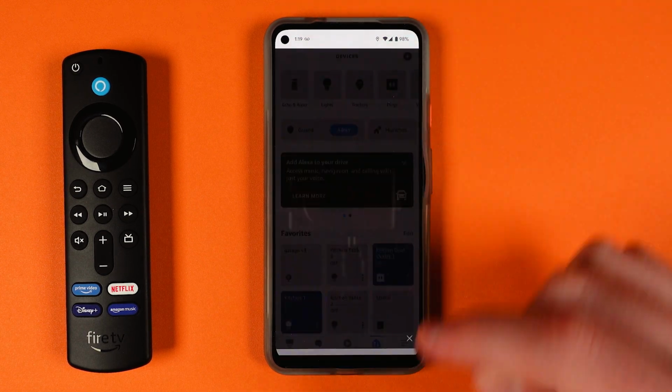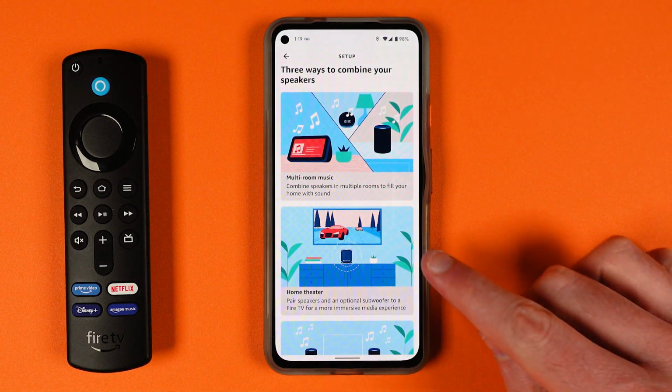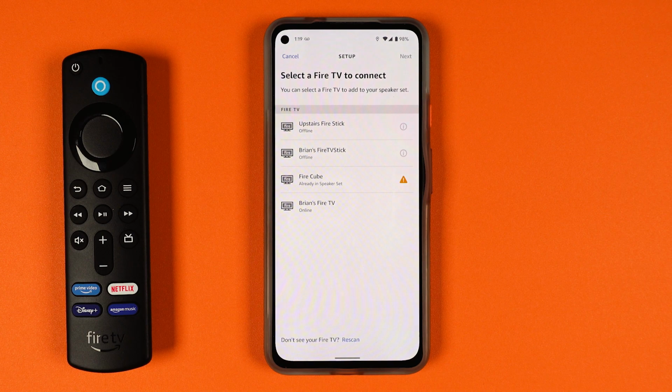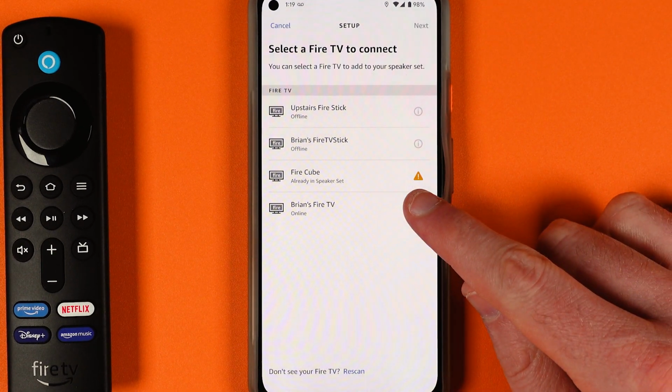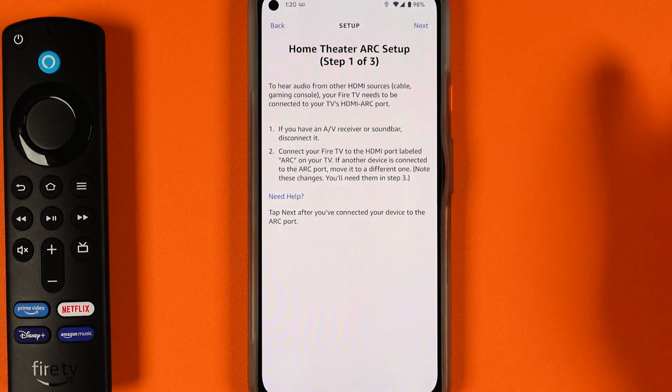Press the plus up in the top right, then choose Combined Speakers, Home Theater, and then choose your Fire Stick 4K Max from the list of Fire Sticks. From there, you will be choosing the Echo speakers that you would like to combine to work with this Fire